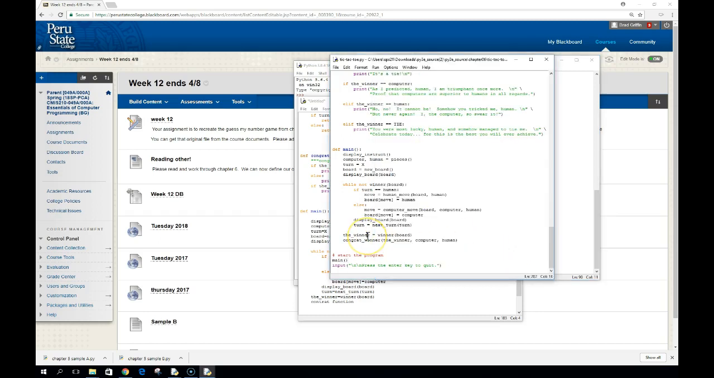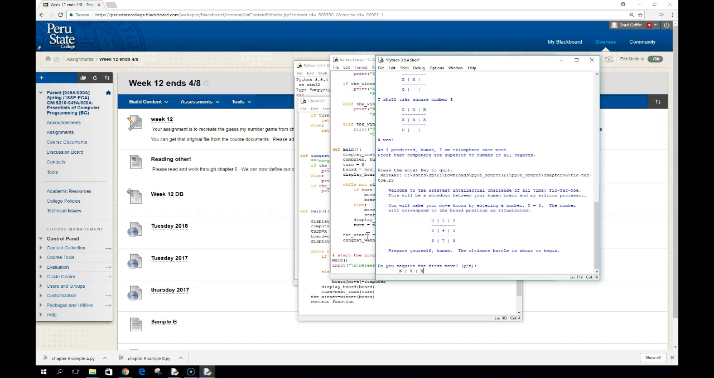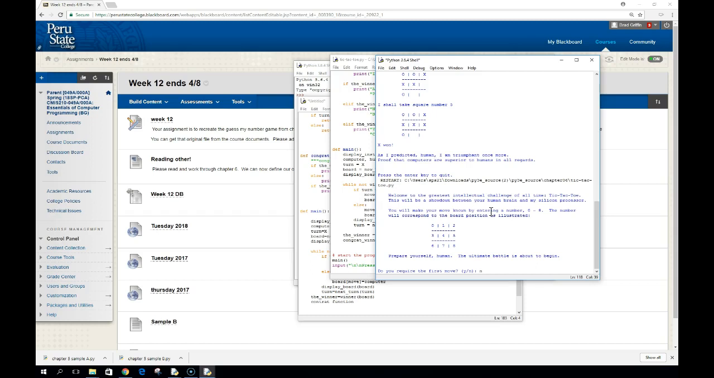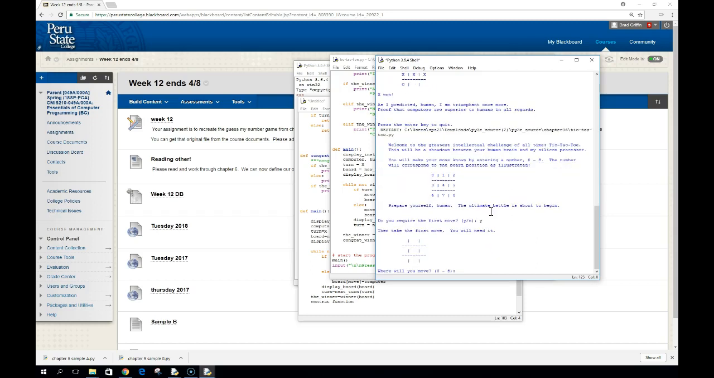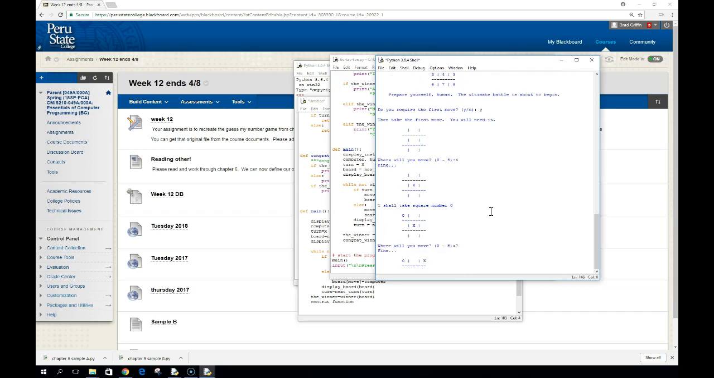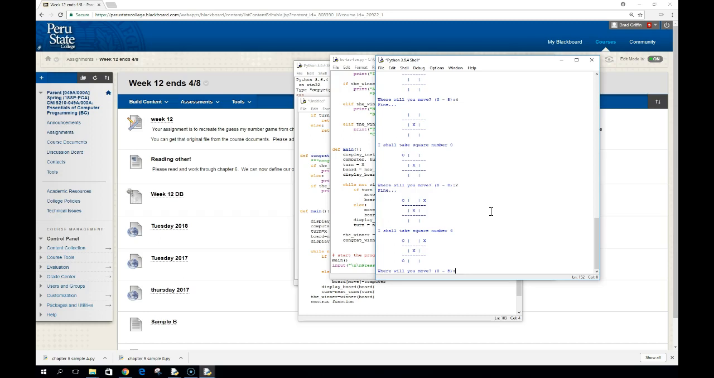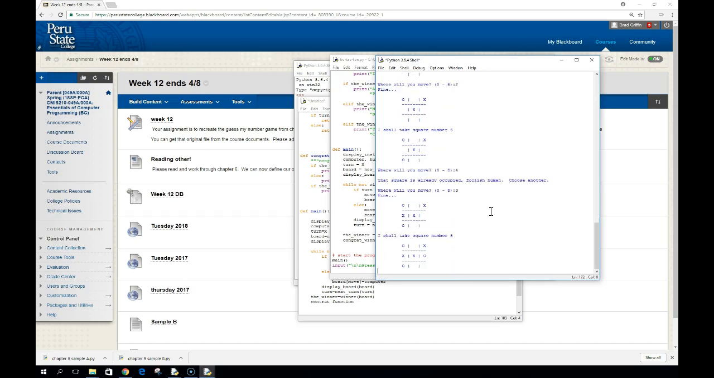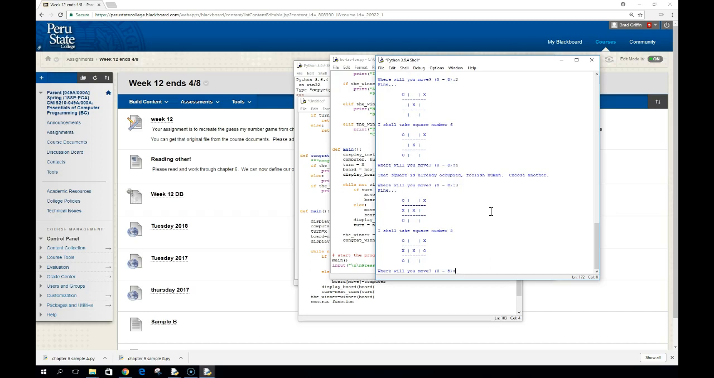So let me see if we can run it again. Do you require the first move? No, actually I do. Now it shows me that blank board. I'm going to pick 4. Then I'm going to apparently pick 1, 2, 3, 0, 1, 2, 4, whatever it is. Nope. And if we get to a tie here, which we should pretty soon,